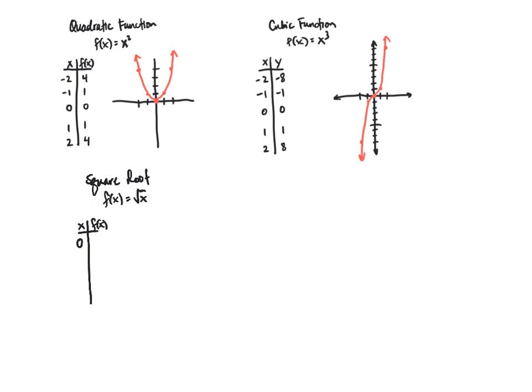So we're going to start from x equals 0, and then we're going to pick values of x that make sense, like x equals 1 and x equals 4, because I want to take the square roots of those numbers. So the square root of 0 is 0, the square root of 1 is 1, the square root of 4 is 2. And so if you graph this,